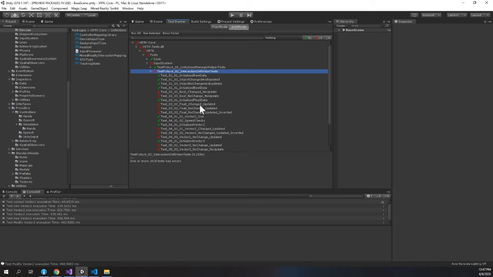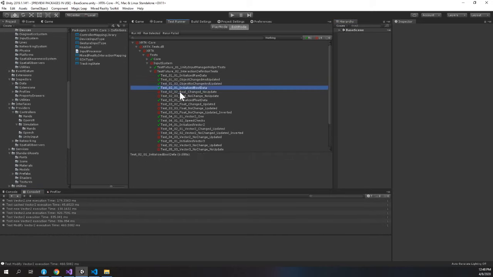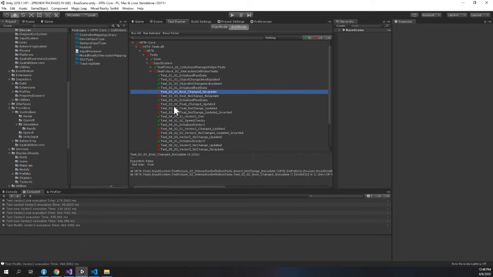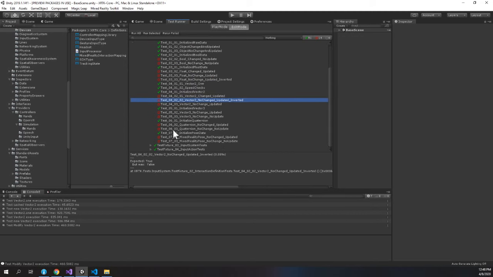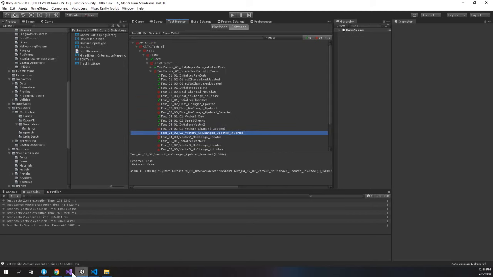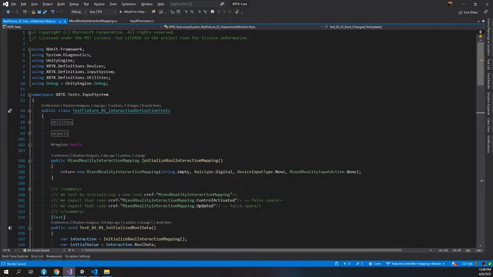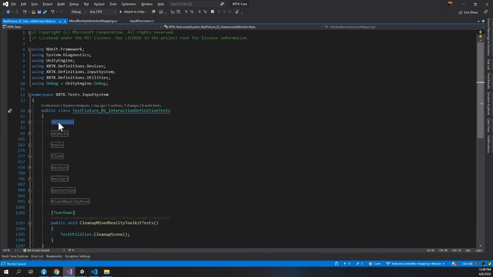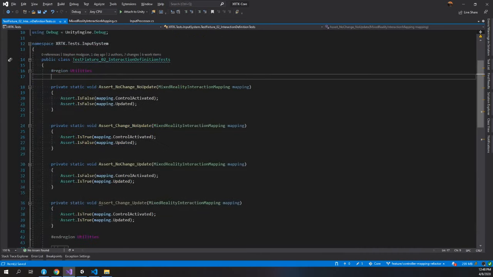Especially the inverted ones will definitely fail. Boolean change, no update. We'll check these out. I'm not exactly entirely sure what's going on to make these fail. Okay. In the meantime, what we can do is let's add one kind of up towards the top, a new